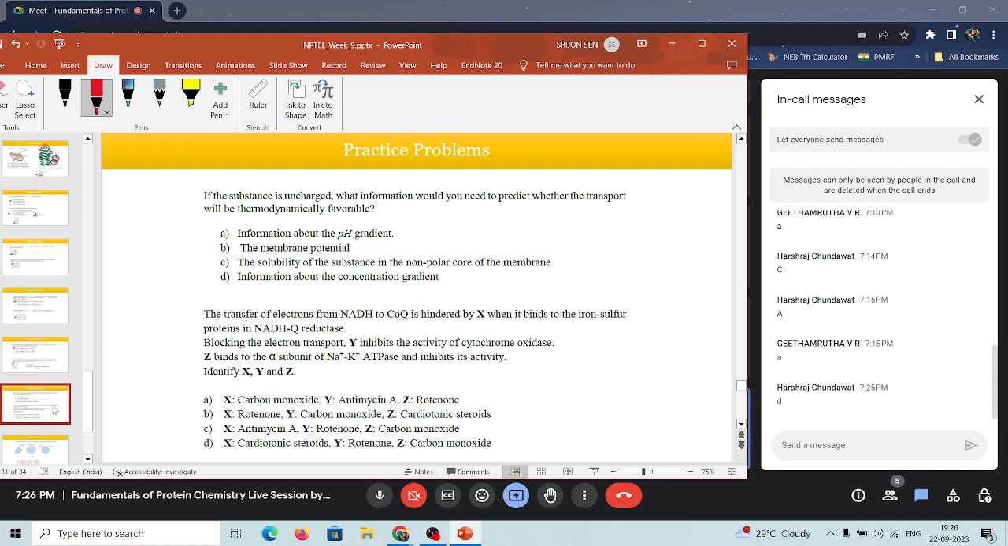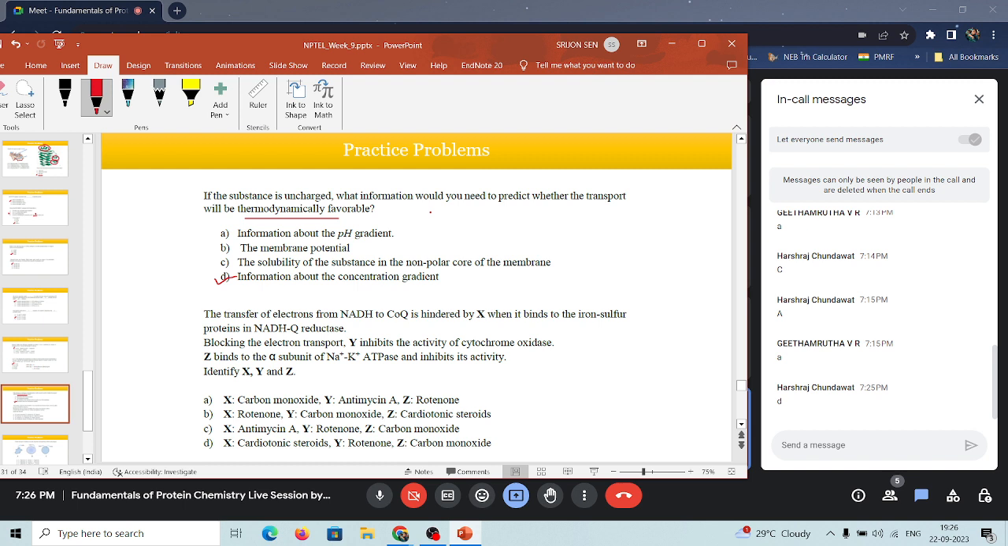Now just because it is uncharged, that portion becomes zero, and directly it's depending on the concentration of the ions inside and outside the cell. So therefore the concentration gradient becomes very critical over there. So the information about the concentration gradient is important for understanding whether the transport will be thermodynamically favorable or not. The next one, the transfer of ions, electrons from NADH to coenzyme Q is hindered by